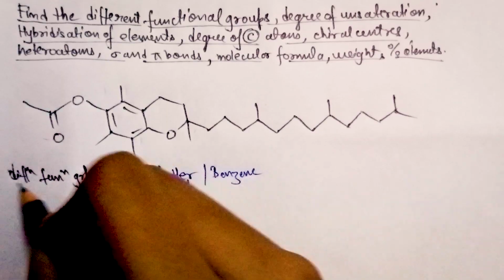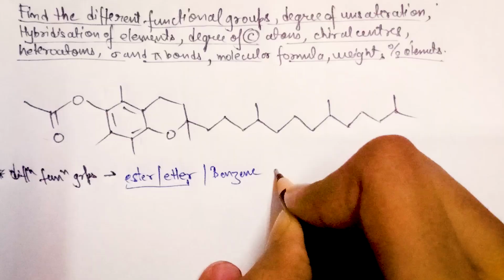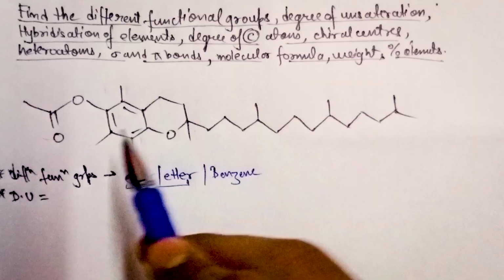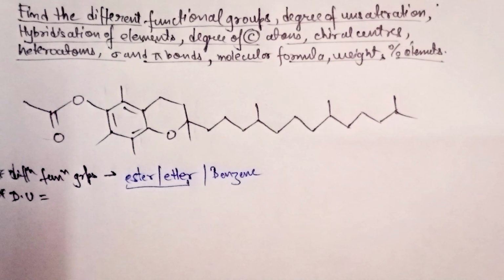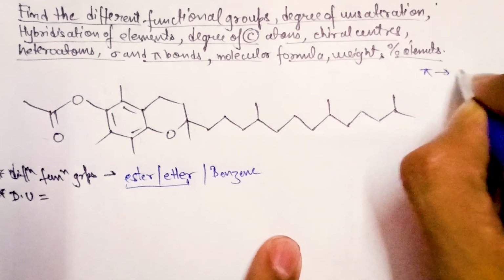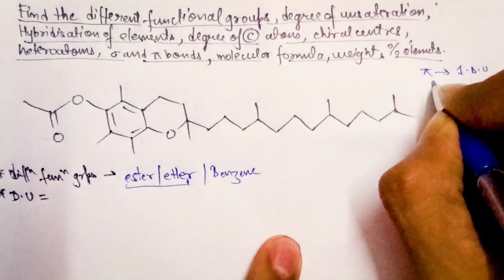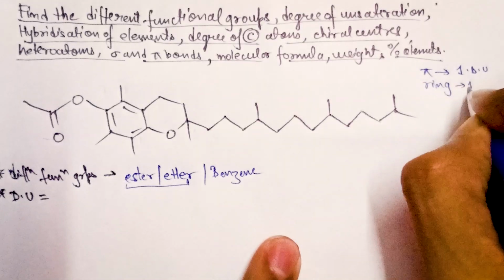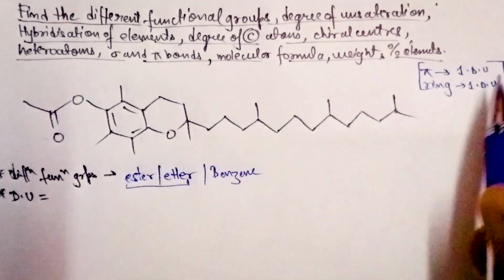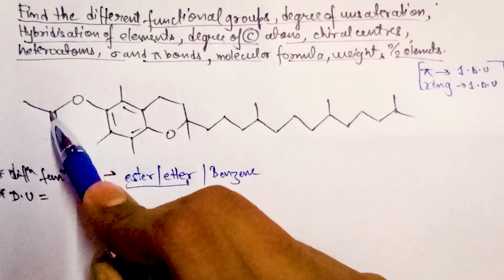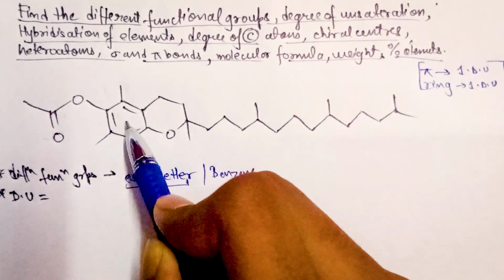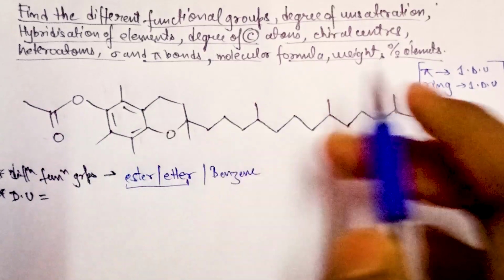Secondly, we'll find out the degree of unsaturation of the molecule. To find the degree of unsaturation from a structure, we know the rule that one pi bond consists of 1 DU, and one ring also contributes 1 DU. There's a simple basic formula. Applying this here, we can see there is one carbon double bond O, therefore this will contribute 1 DU. There are 3 pi bonds here, the 3 DU,